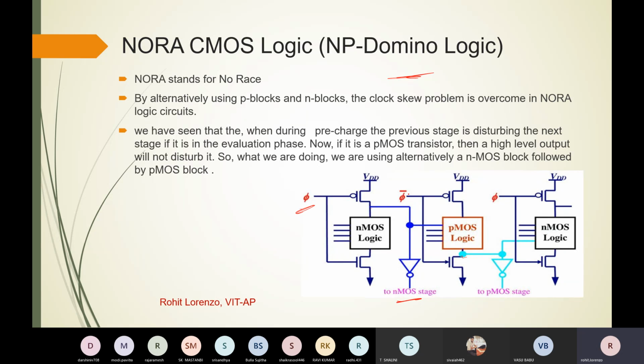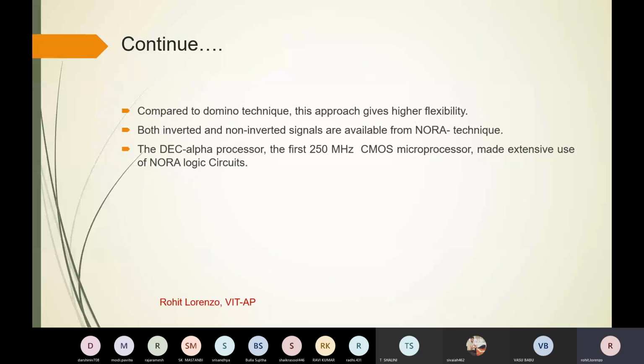So here you can see the clock we are providing is an alternating clock, phi and phi bar, meaning when one block is pre-charging, the other will be in evaluation. So in this alternating way we can use it, and this type of technique is also used in industry. Compared to the domino technique, this approach has higher flexibility, and both inverted and non-inverted signals are available. These techniques are also used in industry, like the DEC Alpha processor, the first 250 megahertz CMOS microprocessor, which made extensive use of NORA